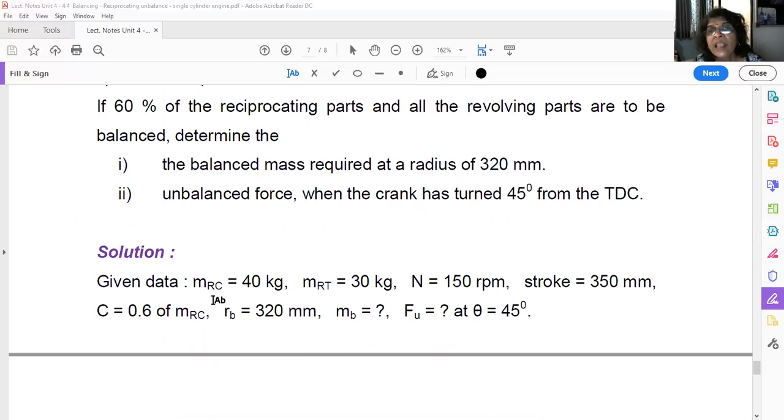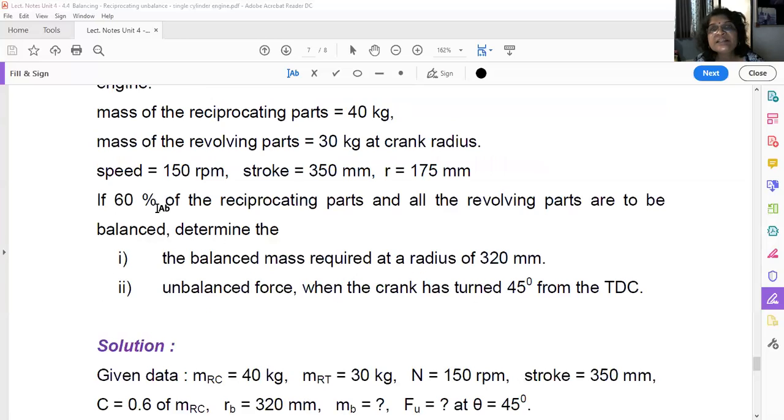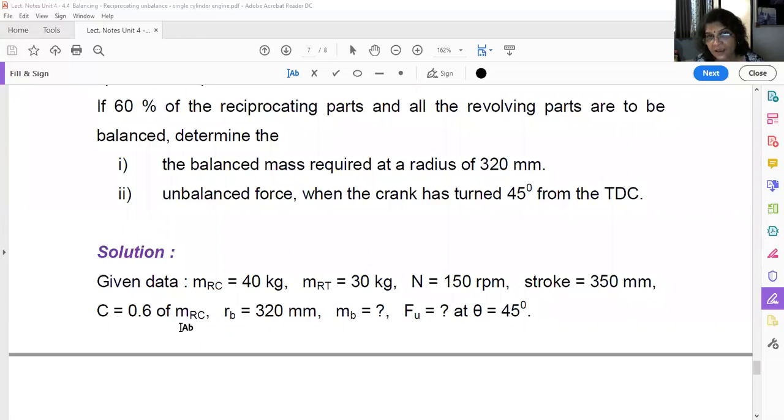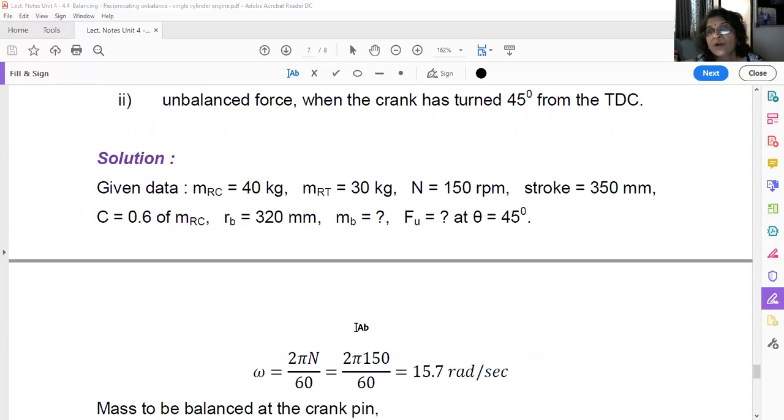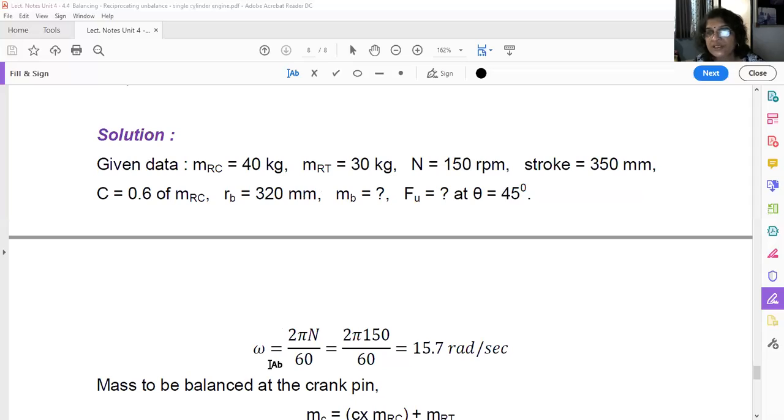So MRC is 40 kg, that means reciprocating mass. MRT is equal to 30 kg, that is rotating mass. Okay, speed is 150 rpm, stroke is 350. Then see how much we want to balance: 60% of the reciprocating parts. That means C is equal to 0.6 of the reciprocating parts, 0.6 of MRC. Then balancing radius is 320 mm. MB we have to find out, that is balancing mass. And unbalanced force we have to find out at theta is equal to 45 degrees. Okay, now first you find out the angular velocity omega, 2 pi N upon 60, that is 15.7 radian per